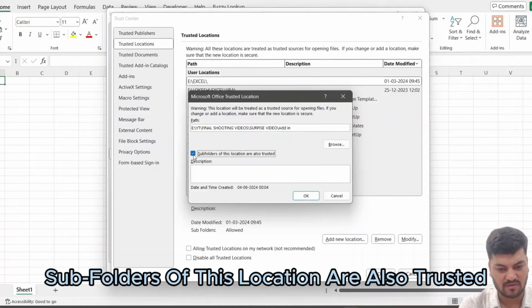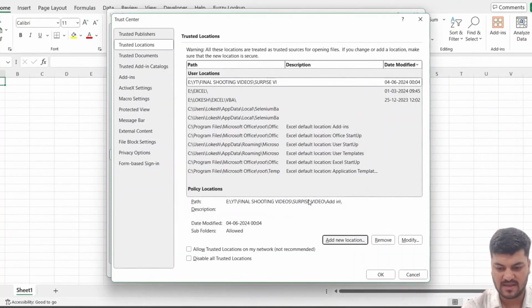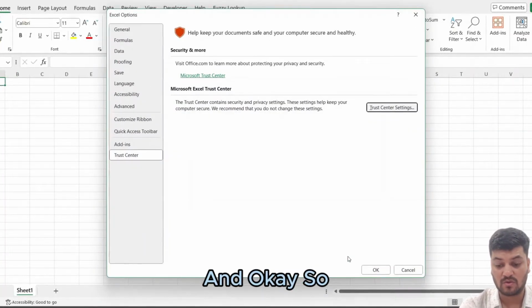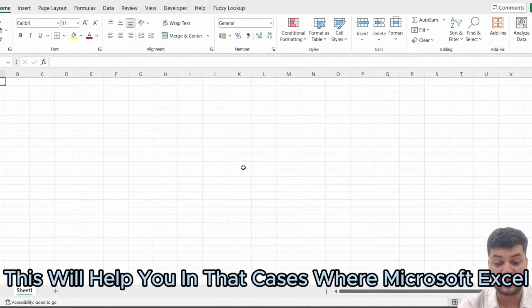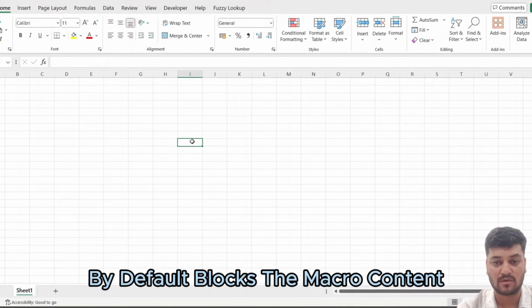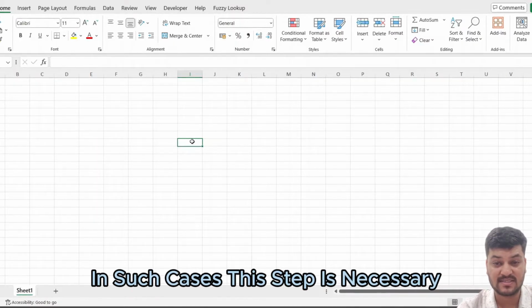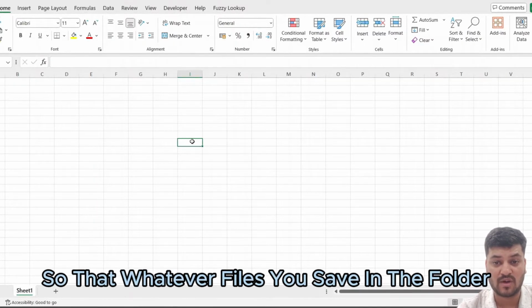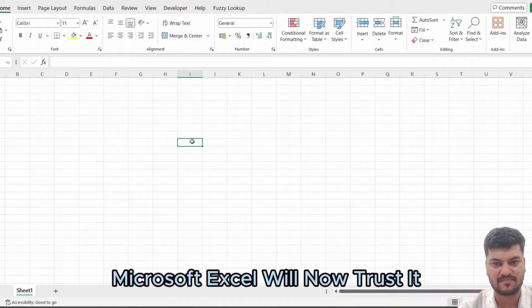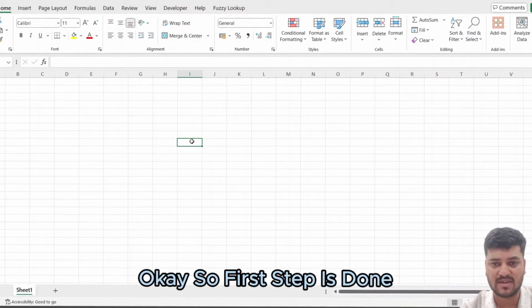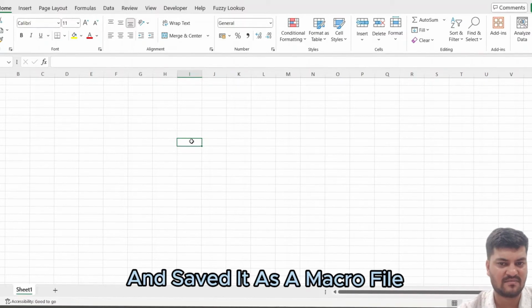Subfolders of this location are also trusted. Okay, and OK. So this will help you in those cases where Microsoft Excel by default blocks the macro content. In such cases, this step is necessary so that whatever files you save in that folder, Microsoft Excel will now trust that. Okay. So the first step is done where we have written the macro and saved it as a macro